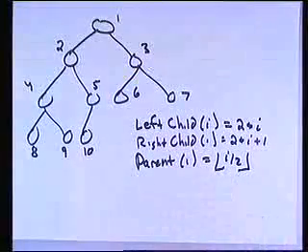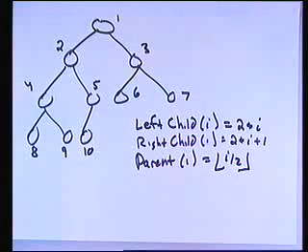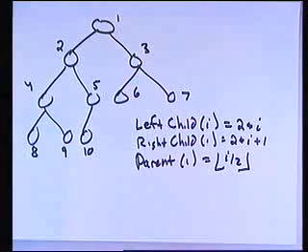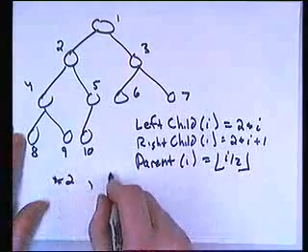So these are your 3 formulas that enable you, if you know the numbers associated with these nodes, to traverse around the tree quite easily. If you're at a given node, you double the index of that node to get the left child, you double it and add 1 to get the right child, you divide it by 2 using integer division to get the parent. And in fact, these are even faster, because if you do multiplication by 2 or division by 2 in C++,